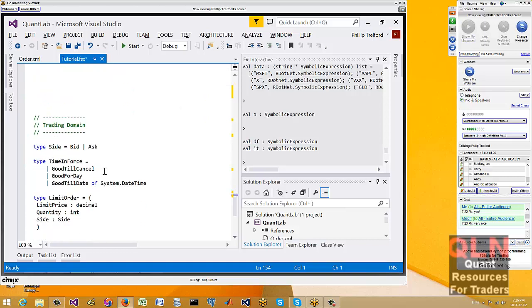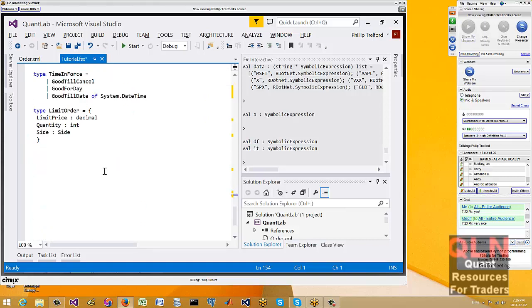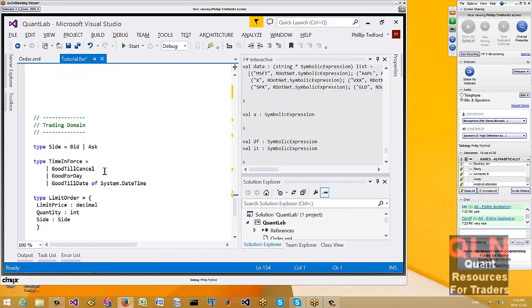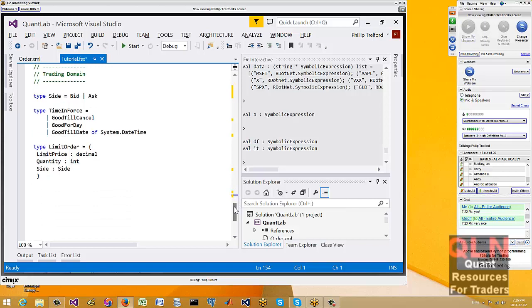So, talking about types, if I was to describe a trading domain, then we can very easily do that with what are in effect sum types, powerful type system from functional languages. So I can define a side as being bid or ask.